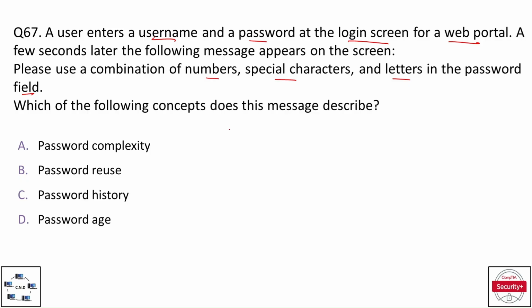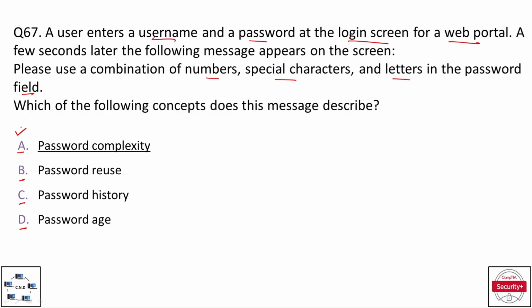Which of the following concepts does this message describe? And the options are option A, password complexity, option B, password reuse, option C, password history, and option D, password age. And the correct option is